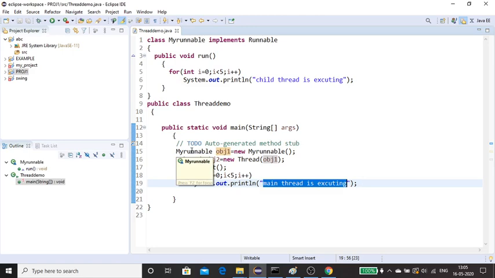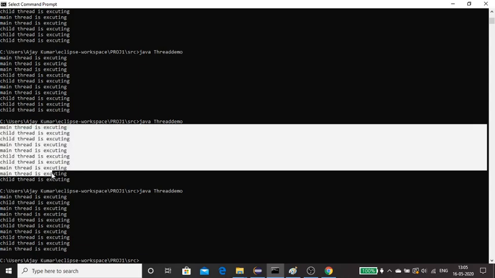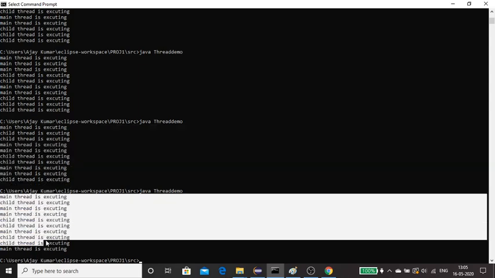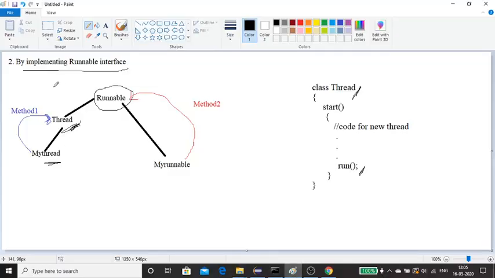So you should go with multithreading only when the output is important, not the order of execution. Just like in the previous program, you'll get a different output. So better you copy the last two outputs. You can observe each time I got a different output. Why? Because both threads are running parallelly, and output totally depends on the thread scheduler. So this is with respect to the second method of creating our own threads.